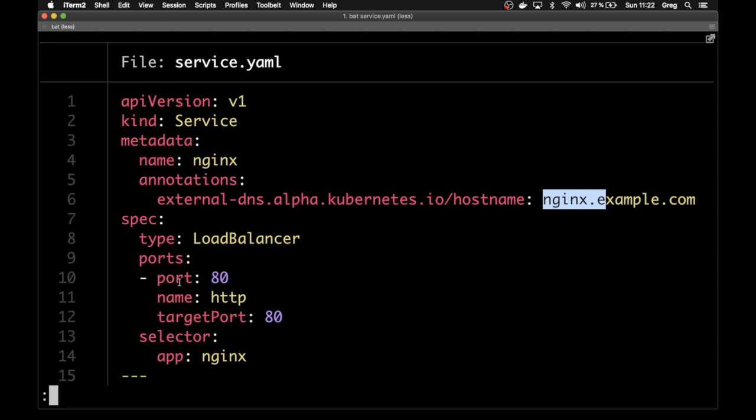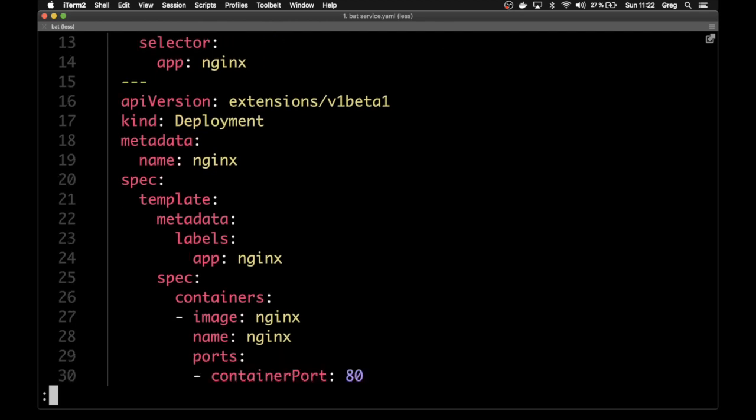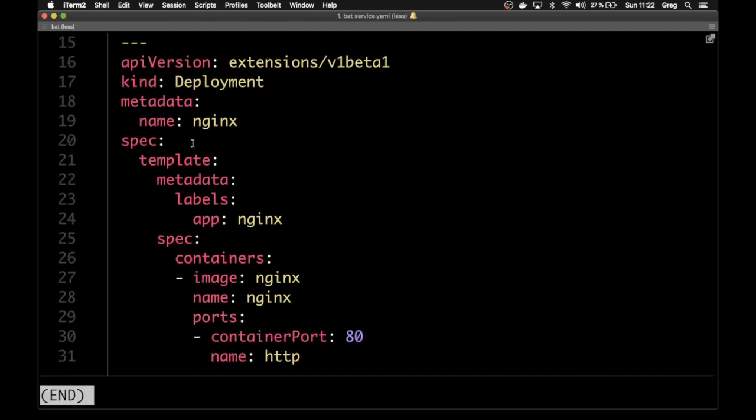It's obviously selecting some pod. So the pod has an app of nginx, and below you'll see the deployment that does the publication of the pod, and it has a label called nginx, and it's a vanilla nginx, right?